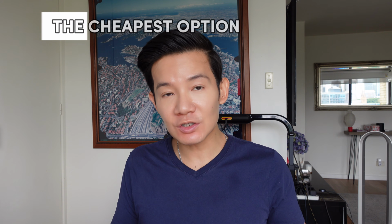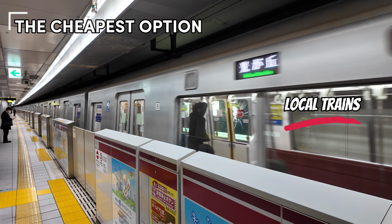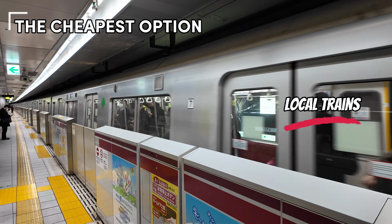Now that I have outlined all the options, let's talk about the pros and cons and which is the best option for you. If you are looking for the cheapest option, then the local trains would be the way to go for you. Though I would only recommend you do this if you're traveling light, as the local trains do not have any space for your luggage storage and also can be pretty crowded depending on when you're traveling. And also, if you are taking this option, make sure you research your route well ahead of time, which includes where to get off and which platforms to be on, especially if you're new to the Japan train system, so